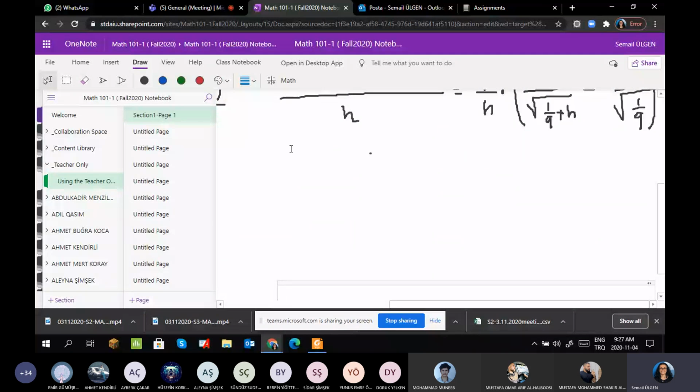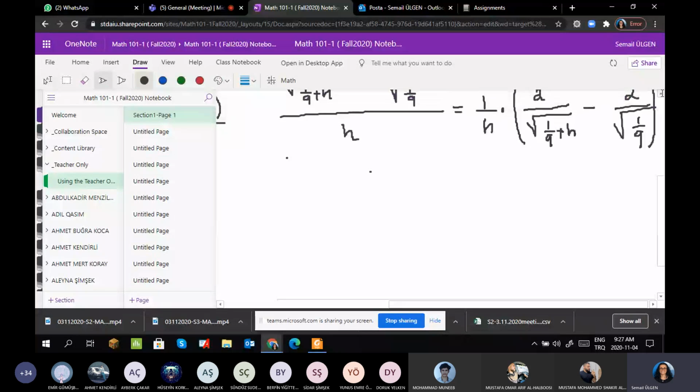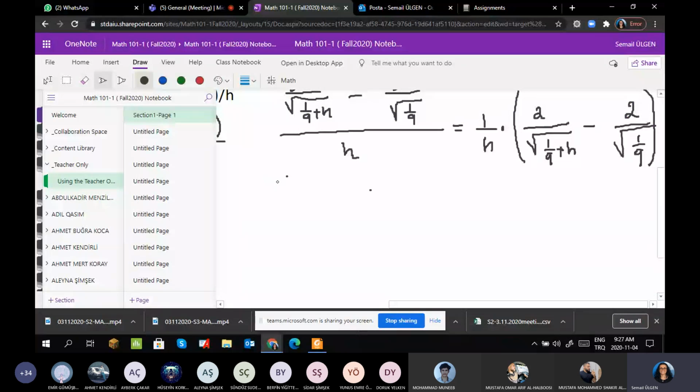Okay, good. And then, okay, let's just move it up a little. Okay, so here, this is equal to 1/h again. I have to do the simplifications now. I have 2 that's common, so I'm going to factor the 2 out, and then I have